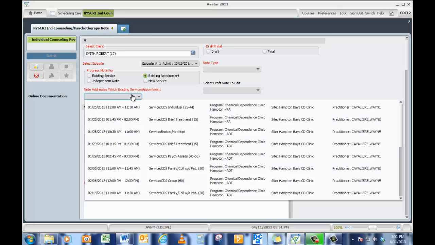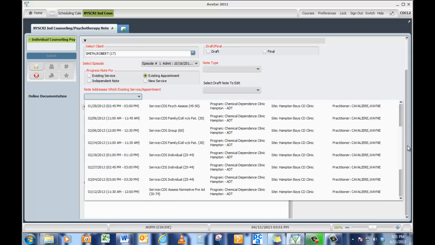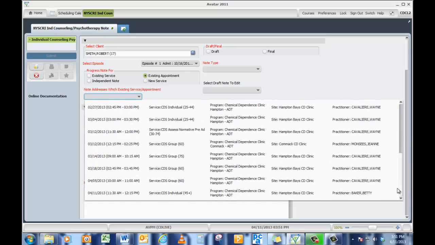Now there appears to be a whole lot here. That is because this is a sample database, and we have put in a number of forms for this person, a number of appointments, and never finished the process. The one we want was on 4/11, which is today, the date that I'm actually doing this, and it's a